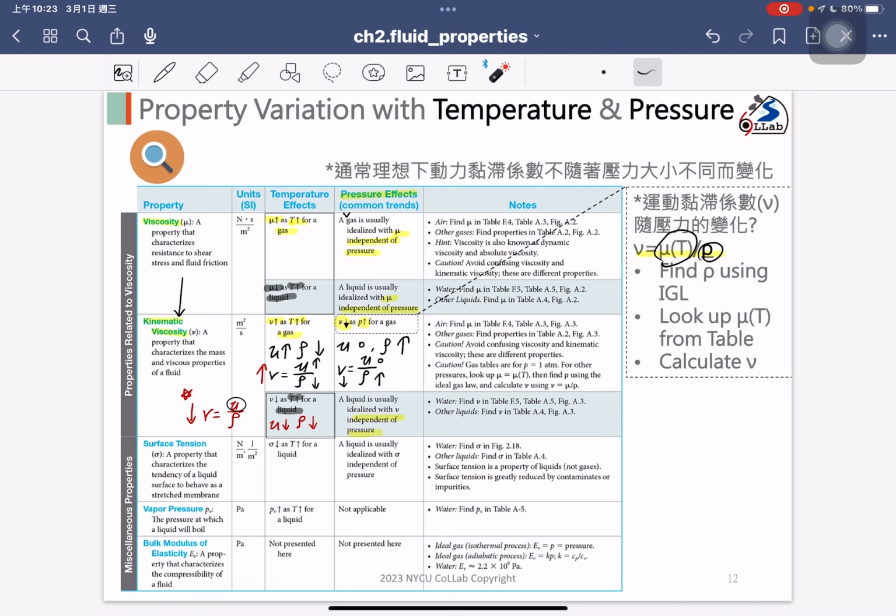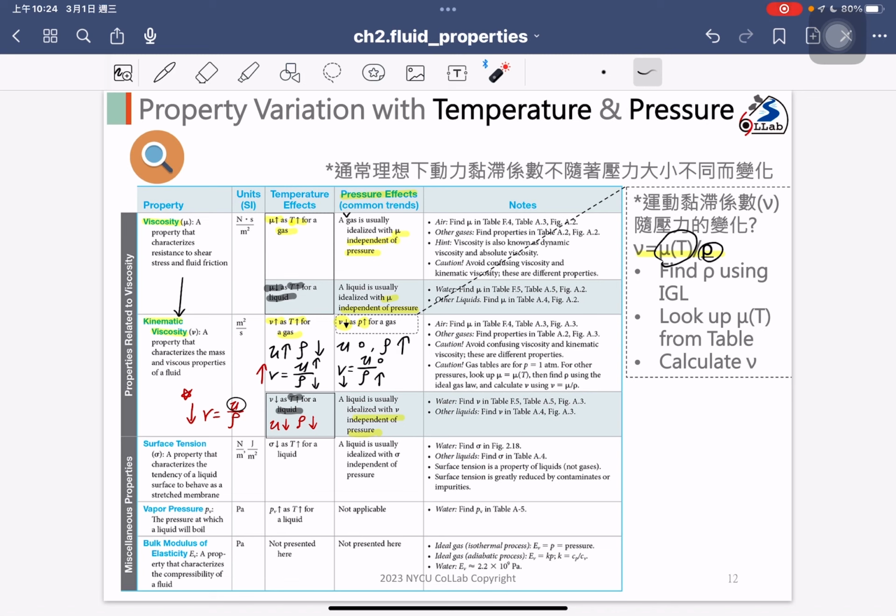Okay, and then the following properties, we call them the surface tension, the vapor pressure, and the bulk modulus. We will have more discussion in the following slides. So I'm not going into detail here, but you can just take a quick look at how the surface tension responds to the temperature and how the vapor pressure responds. Okay, I'm not going into details, but on the right hand side I just highlight, if you meet some problem trying to calculate how large the kinematic viscosity is,